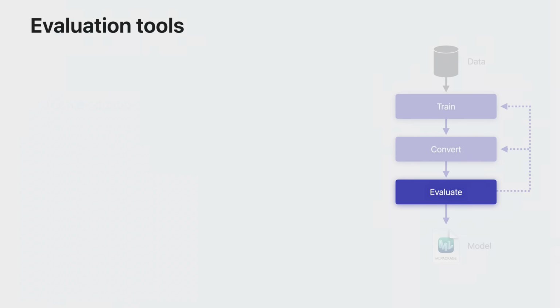Next is evaluation. One option to evaluate your model is to run predictions on the converted model directly from your Python code with CoreML Tools. It will use the same CoreML inference stack that your app code will use and lets you quickly check how your choices during model conversion affect the model's accuracy and performance. Xcode also provides some helpful tools when it comes to evaluation and exploration of your models.